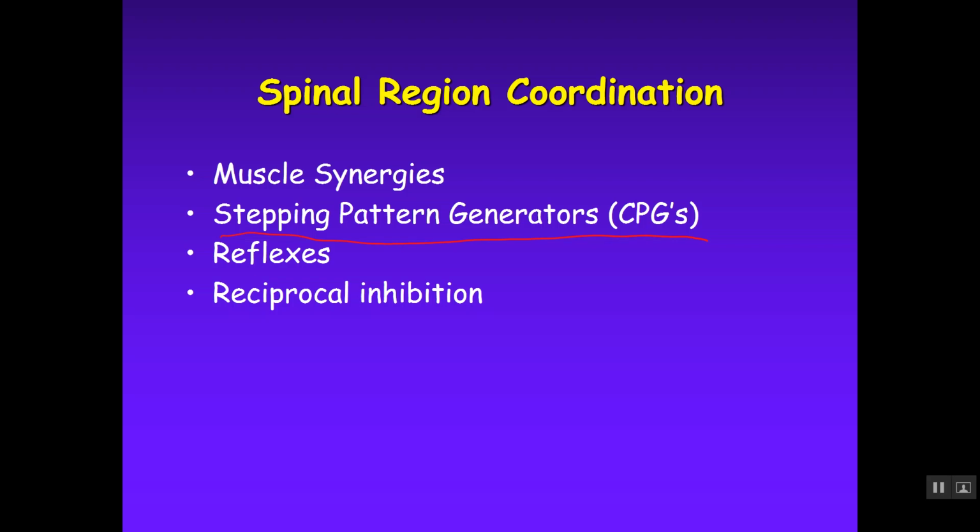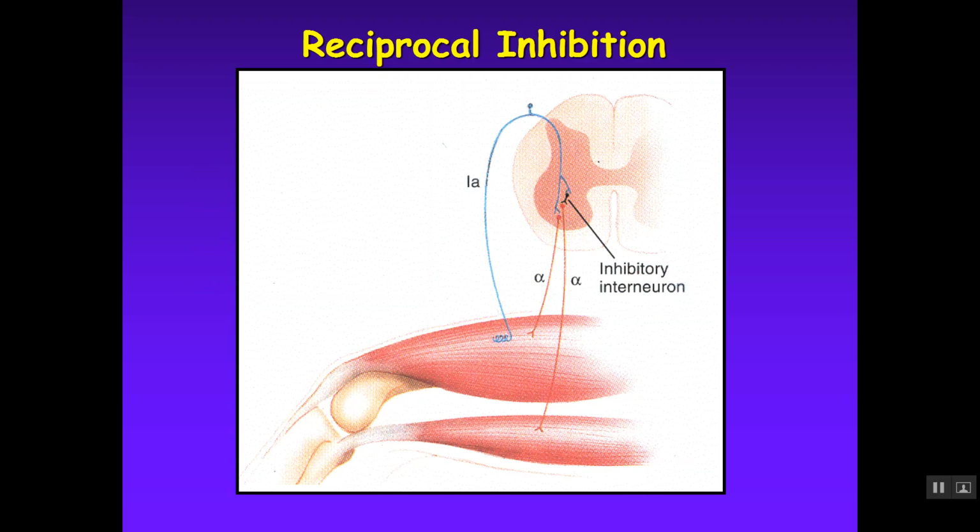We have basic reflexes. Tap on your tendon and cause a reflex. That's a spinal cord level thing. Reciprocal inhibition: when I flex my elbow, I inhibit my tricep because I don't want my tricep to get in the way of my elbow flexion. That's a spinal cord level coordination that happens at the spinal level. We'll go through these real quick. So reciprocal inhibition,